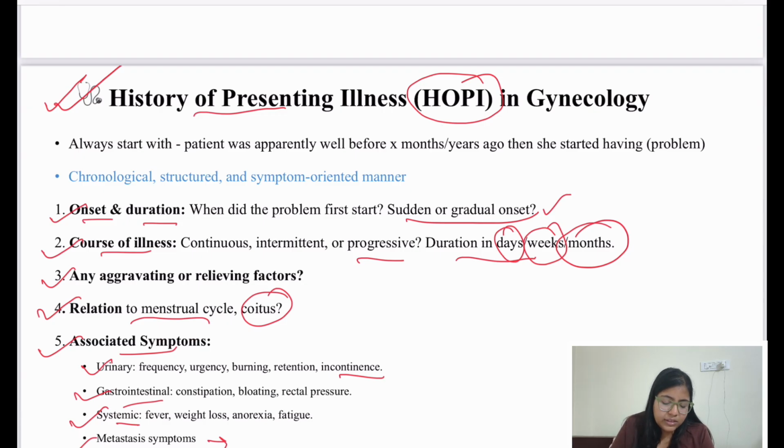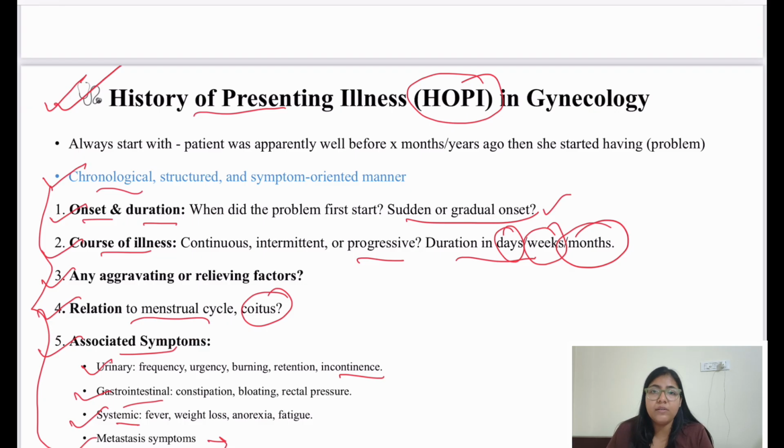So you ask about all these symptoms in relation to your chief complaints. All these may not be in each chief complaint, but you ask relevant to your chief complaints only. And your chief complaints are in chronological order, and when you explain your chief complaint in HOPI, it should also be in chronological order. Like if you are talking about heavy menstrual bleeding first, you talk about all these symptoms related to heavy menstrual bleeding first, and then if her second chief complaint is inability to conceive, then you